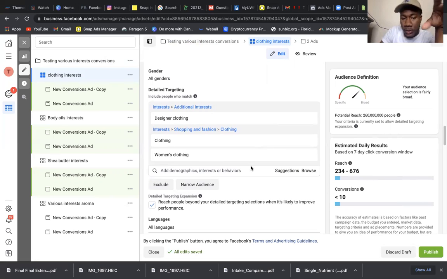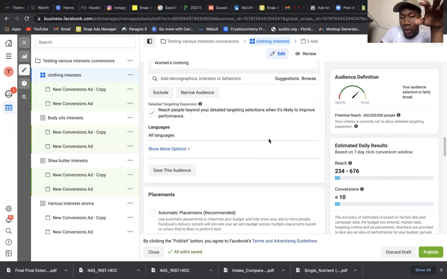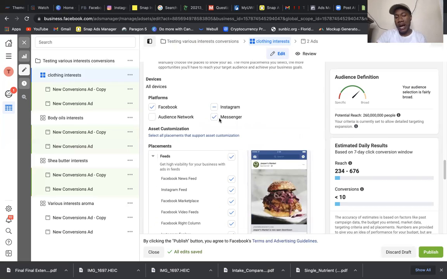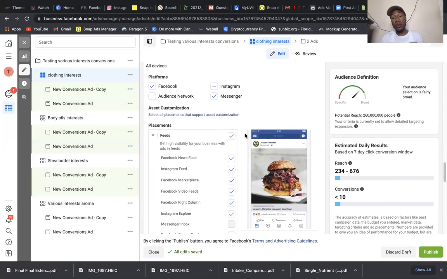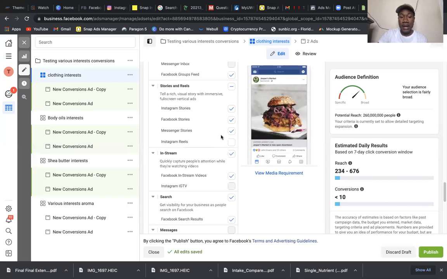So once you add your audience, add your interests and things like that, you're going to scroll up. I recommend doing manual placements. If you're somebody who you don't really know where you want your product to be advertised, go ahead and just do automatic placements. That way you're advertising on all of Facebook's properties and things like that. But I don't really want you guys to get into manual placements unless you actually know where you want your thing to be advertised. So you see, I have certain things on here turned off, like message. I don't want my thing to be advertised on Messenger inbox. I don't want it to be